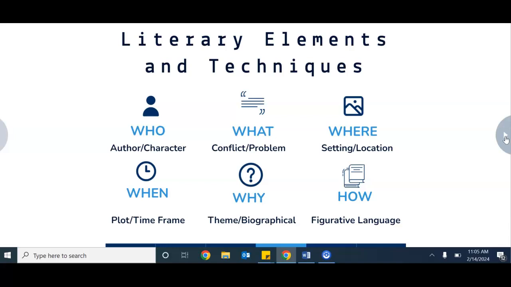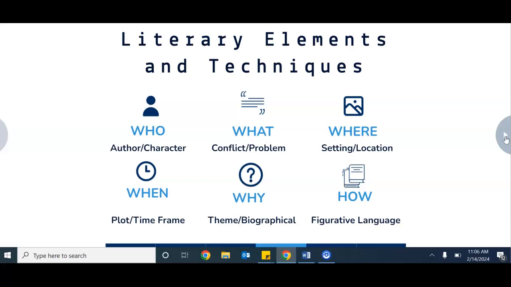So you could be focusing on the narrator or character for poems. You could ask, what's the theme, which should be what you're really focusing on in your literary criticism. When does something take place in the story or plot? So lots of good questions to ask to narrow your topic down a little bit.